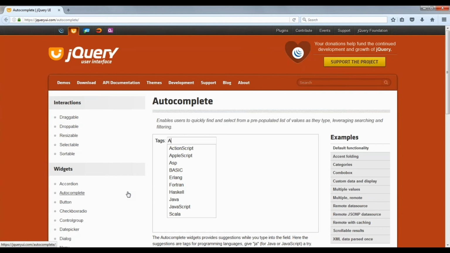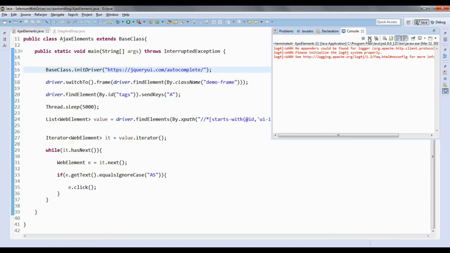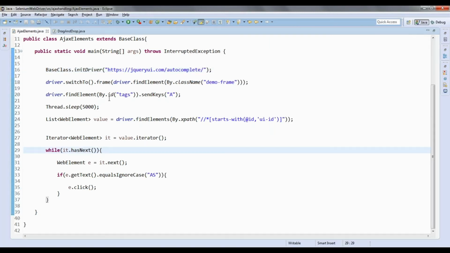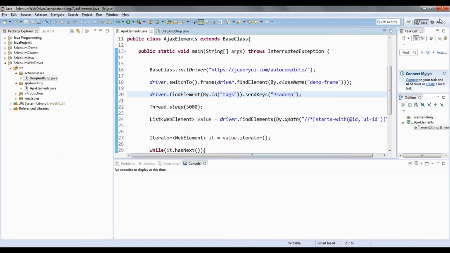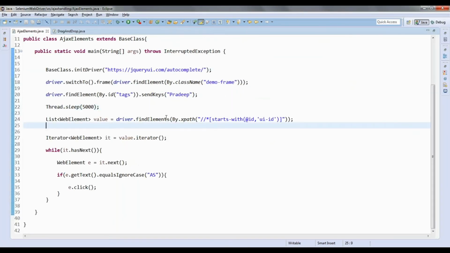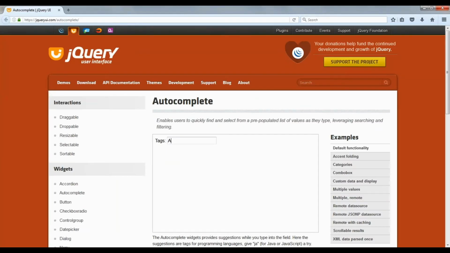So I am typing that a. One minute, let me see. It's not selecting because that is not matching. That is one thing. So you are saying here while typing you will be typing Pradeep, right? That's what you are expecting. The scenario is, if my name is not there, from next time onwards it should come with my name. No, this is just an autocomplete. I am not feeding the value here.